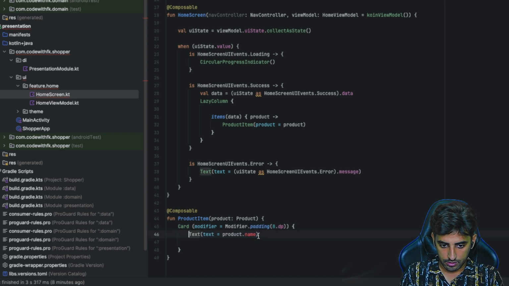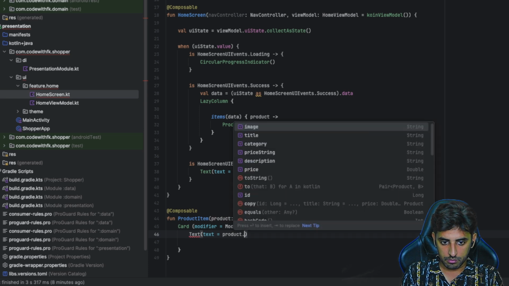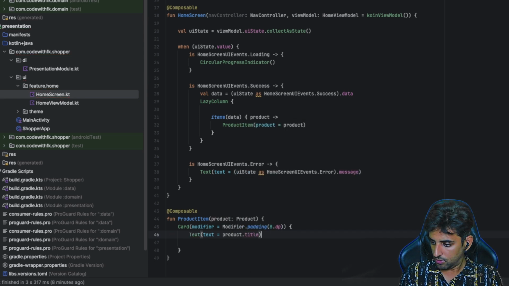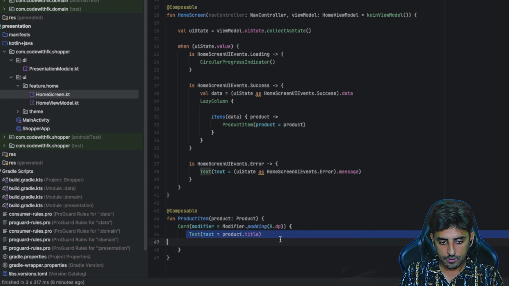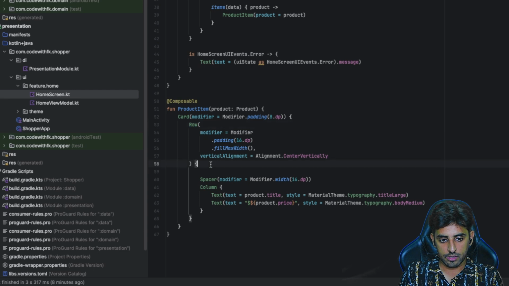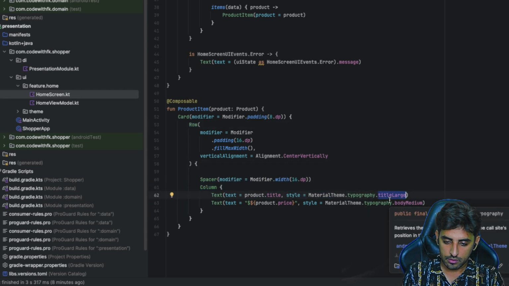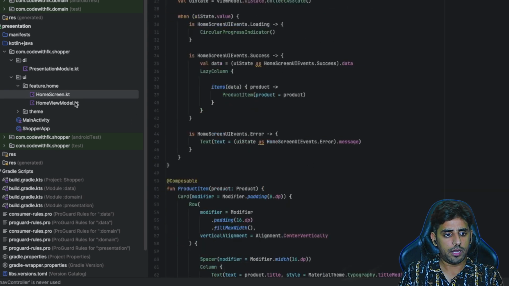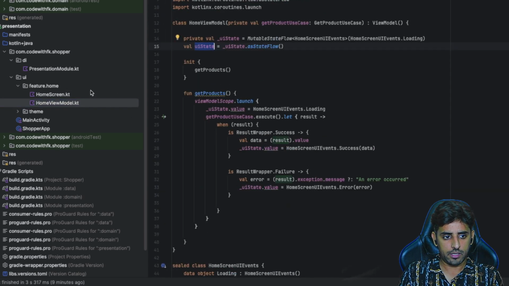And now in the name, it's not product dot name, it's going to be the title of the product, right? And also let's just use this. Okay, so what I've done is that we created a row and a spacer that have these two, large, maybe title medium and then body medium is fine. Okay, so I guess that's a little bit of UI stuff that I created, and now we need to define